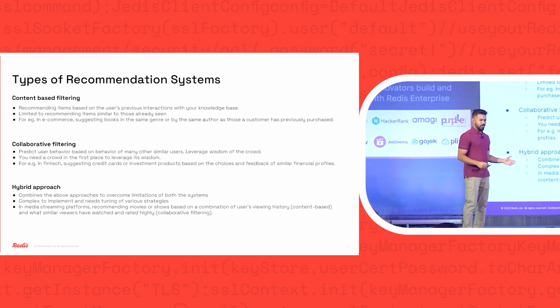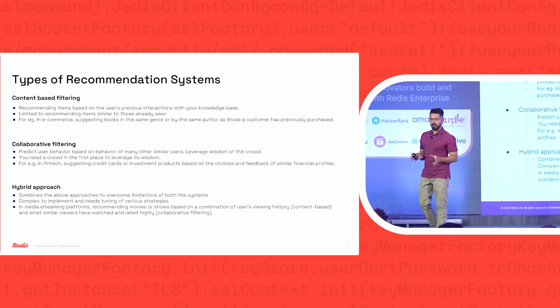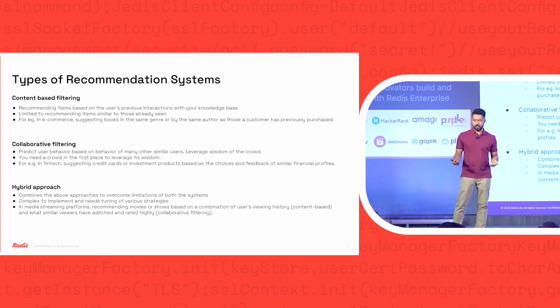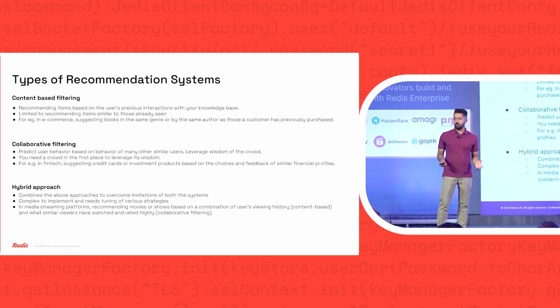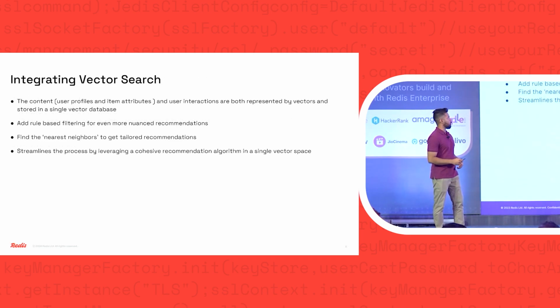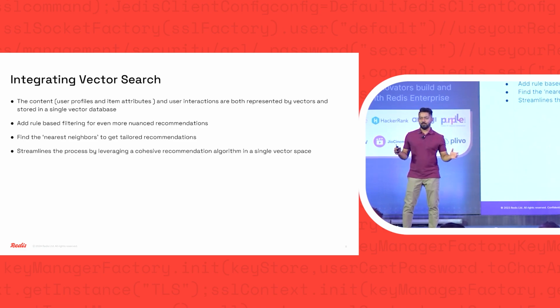So what is the issue? There is no actual issue, but probably a way of implementation for the hybrid approach. It may be that when you combine these two methods, you have to score the results yourself. You have to measure the weights yourself. So you have to basically build a handcrafted algorithm to build this recommendation system, which may be tedious at times, difficult to manage and so on. And that is where we add this vector search component, where the algorithm is taken care of already by this